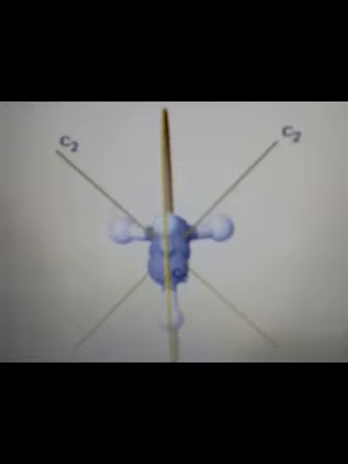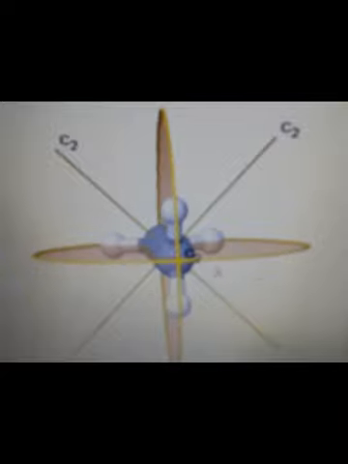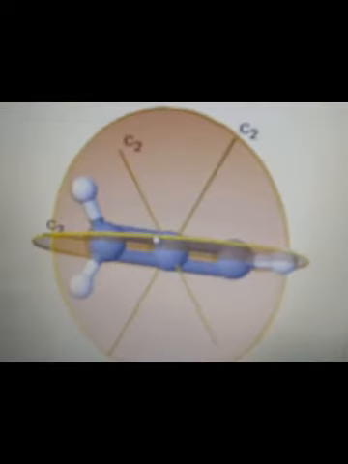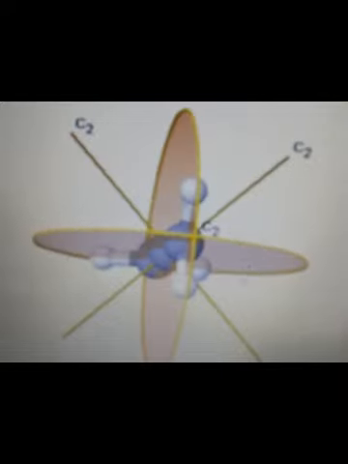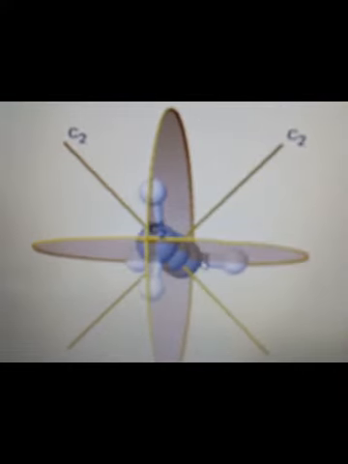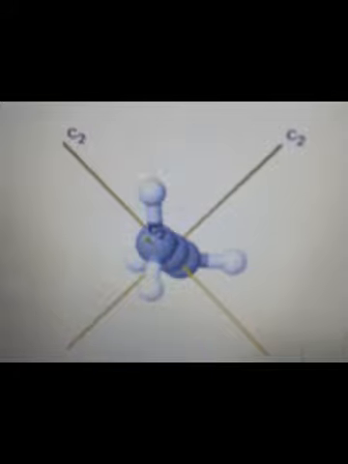The other sigma d is present in the other axis. See, this is the other C2, which is also passing through the principal axis and bisecting the two C2s. So this molecule comes under the D2d point group, and it also has an S2n improper axis. That means S2n means S4, it has an S4 improper axis of symmetry. How come that is possible?